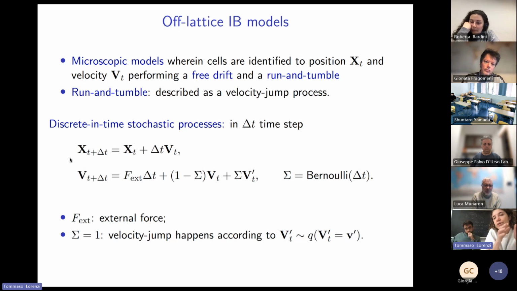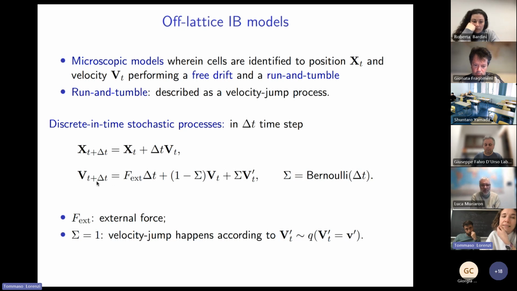And essentially, they are assumed to perform a free drift and a run and tumble. So we also have this velocity of a cell that can evolve because of the run and tumble, so because of instantaneous reorientations. And the run and tumble is typically described as a velocity jump process. So mathematically, we consider discrete-in-time stochastic processes for both the position and the velocity. In a time step that we call delta t, one can have a process that is deterministic for the position, which describes the free particle drift along the